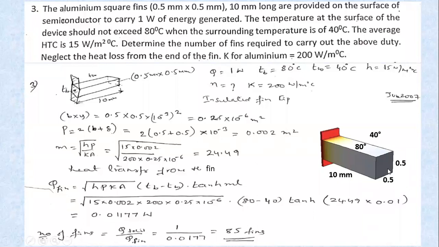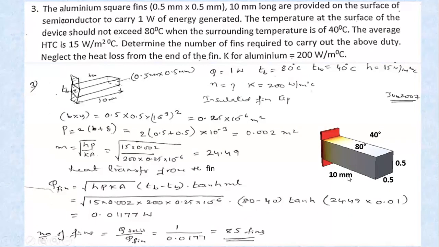So these aluminum fins are 0.5, that means it has a square cross section, right? Square fins, 10 mm long. So the length of the fin is 10 mm, and they are provided on the surface of a semiconductor. We consider this as the surface of a semiconductor. On the semiconductor, fins of square cross section 0.5 by 0.5 with a length of 10 mm